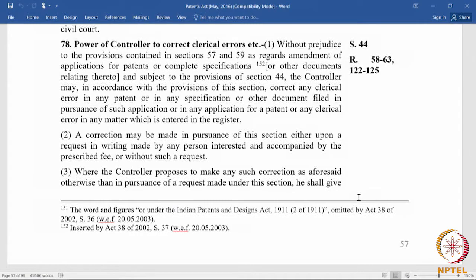Now, clerical errors we understand as minor corrections, say a typographical error or a grammatical error or something that is not clear, whereas when compared with section 57 and 59, we will look at those amendments as pertaining to some substantive aspect of the document. 78(1) begins without prejudice to the provisions contained in section 57 and 59, which pertain to amendment of documents and complete specification,